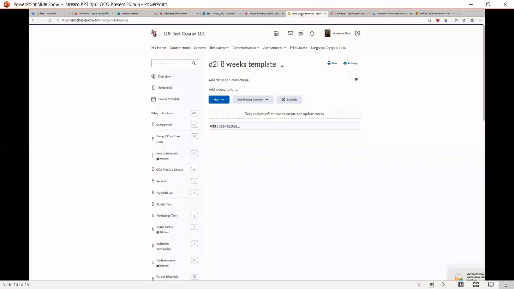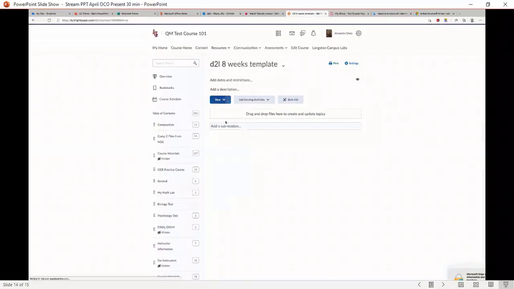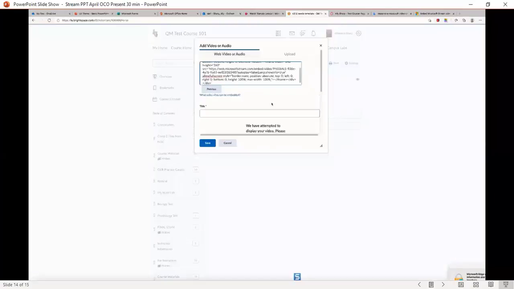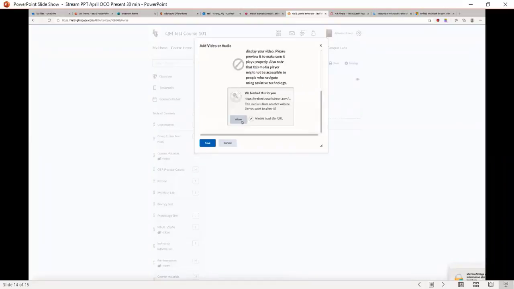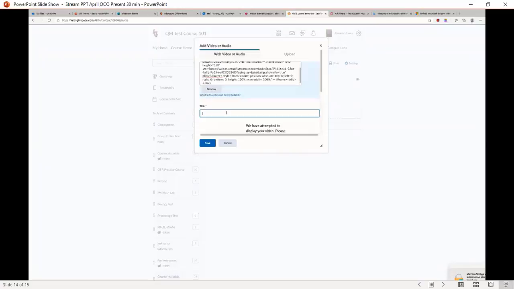This is an example with D2L. With Canvas, it's a little similar. In D2L, you just paste the code inside the box and then press save. Sometimes Microsoft gives that blocked content and I'm not sure why, but I always just press allow. Here it is for the D2L option, and it will show up and automatically be played.